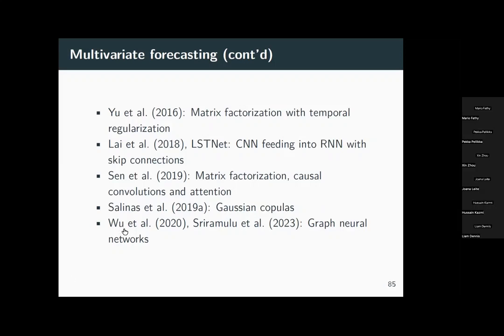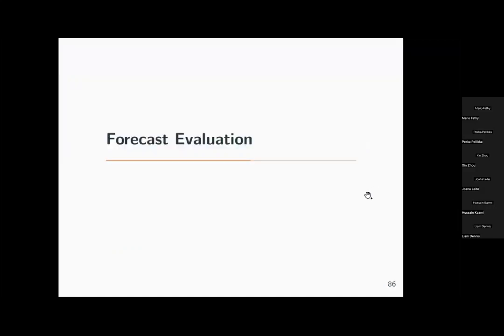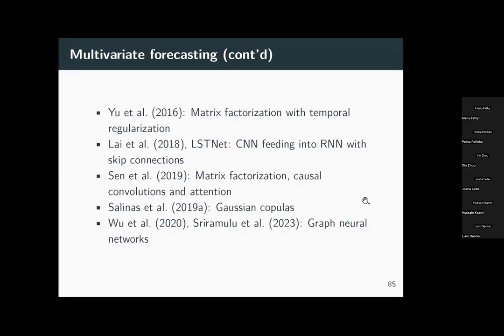Then we have some graph neural networks. There's a paper, Wu et al. 2020, where they kind of learn the graph from the data. Then Abishek, who has presented to you just now, has a quite nice paper from 2013 where we look at how to initialize the adjacency matrix. Yeah, and I mean, this is still a quite active research area. We also have some work happening here, but very often these methods have kind of scaling issues.